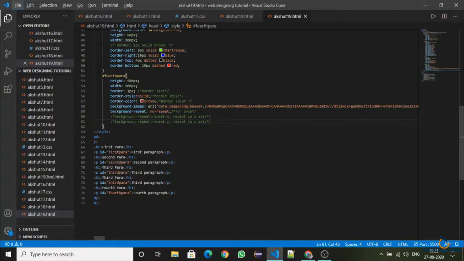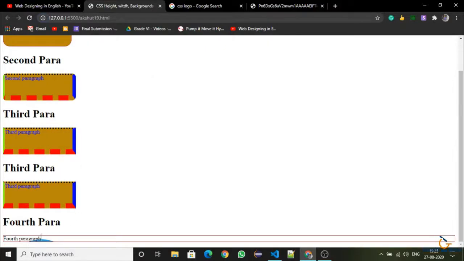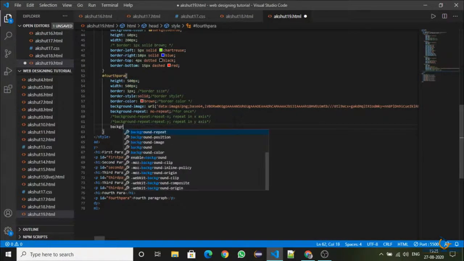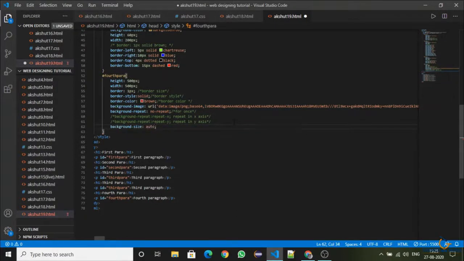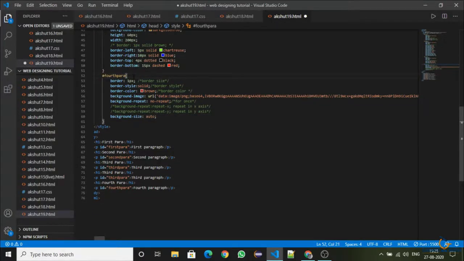So if you remove this width and height, let's see what will happen. It will just change to normal. Okay, so let's find some background, and you can find background-size auto. If you do auto, then it will change it. Sorry, I will remove this. So auto, it will be like this. There are many options in it: background-size auto, cover. If I do cover, then nothing would happen. I will tell you contain.